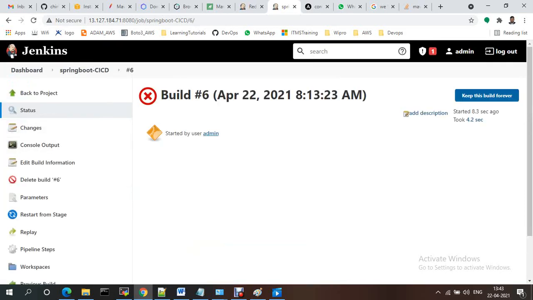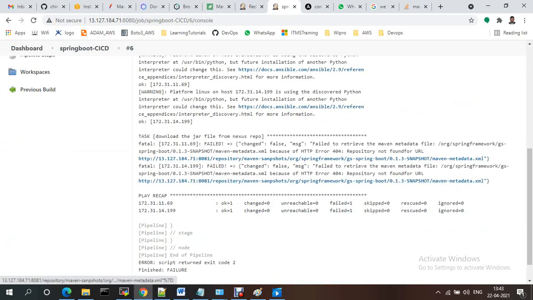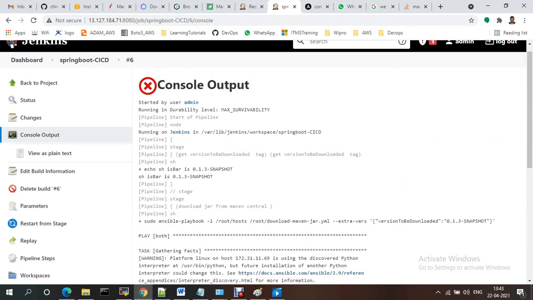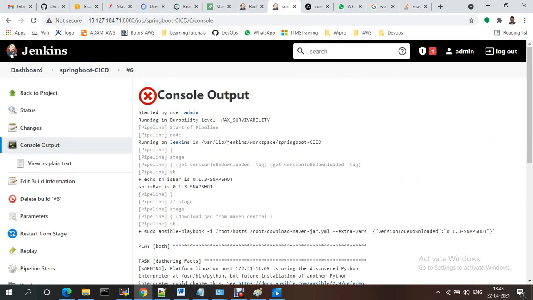This failed. Why? Let me check. Go to console, and it is trying to download the Spring Boot jar. Okay, this repository URL is not available. Let me check.